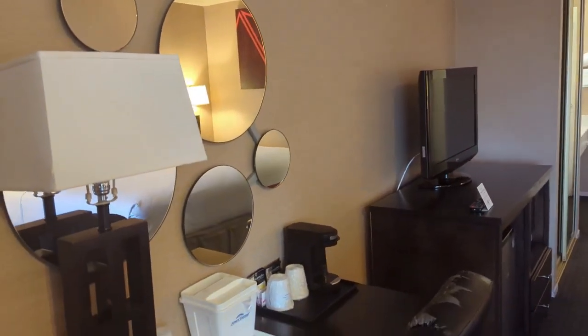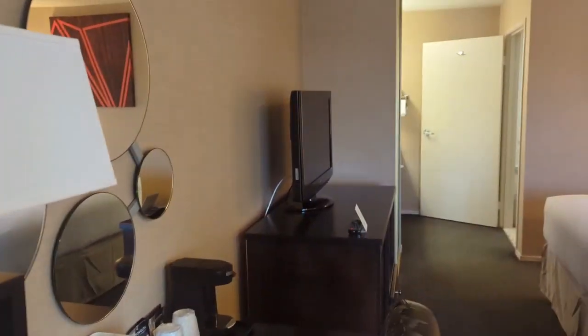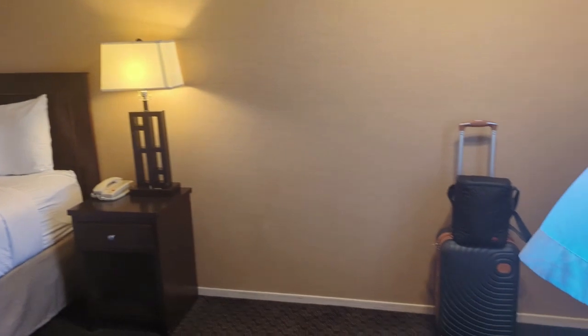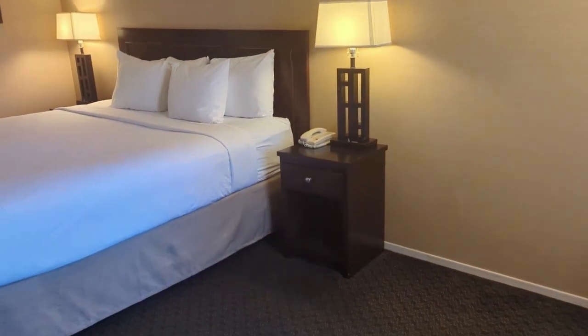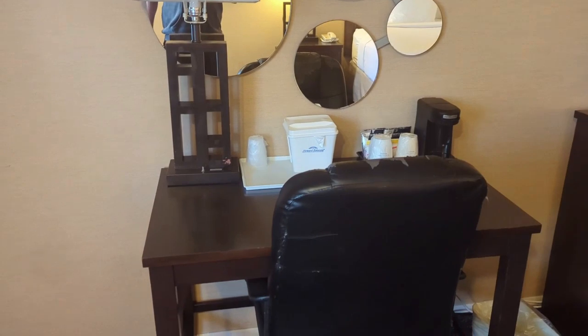Before I get too far into this, I will tell you I've stayed here before and it was not a good experience, but I'm giving them a second chance. I'm obviously in a different room. There's a big empty space here. Looks like a table or something, maybe a recliner could have gone there. I've got a king size bed, simple desk area,